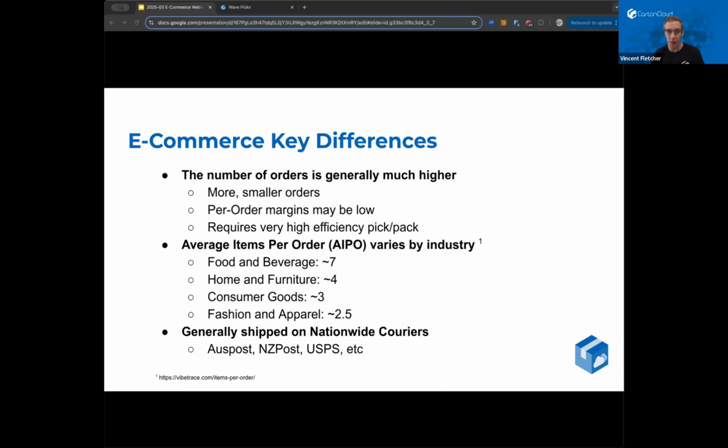The per order margins can be very low. If you're a 3PL, you may be used to being able to charge quite a decent amount of money per order. But with e-commerce orders, often you'll find that you have to be quite competitively priced on that per order fee in order to attract the work. That's simply because there are so many more orders. So what this requires is very efficient picking and packing processes to be able to do that in